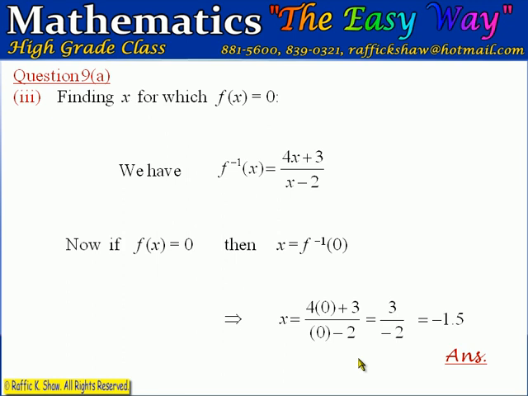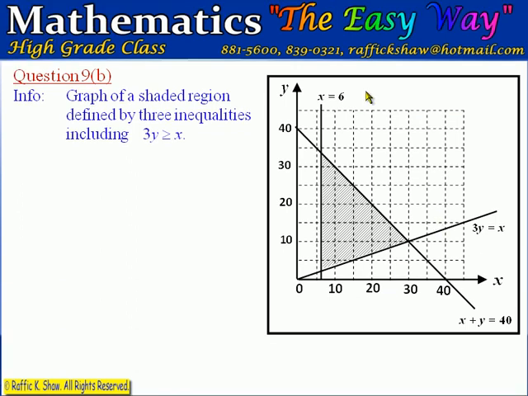Let's move now to part B, question 9b. In question 9b, we are given this graph with 3 lines and a shaded region which is represented by 3 inequalities associated with these 3 lines. We are also told that the inequality associated with the line 3y equals x, that's this line, is 3y greater